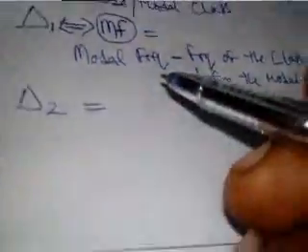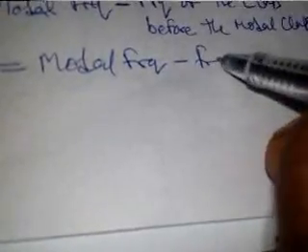Now we have delta 2, which also is modal frequency minus frequency of